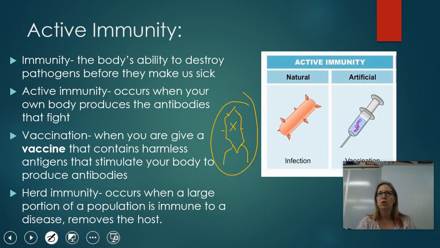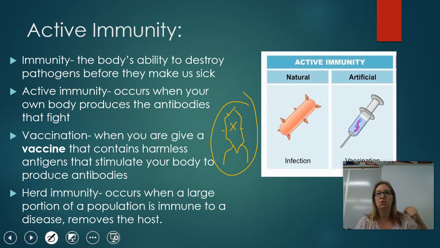You've probably heard of something known as herd immunity with this COVID-19 virus going around right now. Herd immunity is when the majority of a population is actually immune to something. And that could be through vaccinations. Diseases like smallpox and polio are gone. They've been eradicated because everybody got vaccinated. And what that did is it took away the host from the virus. The virus no longer had a place to go to live and reproduce and move on.